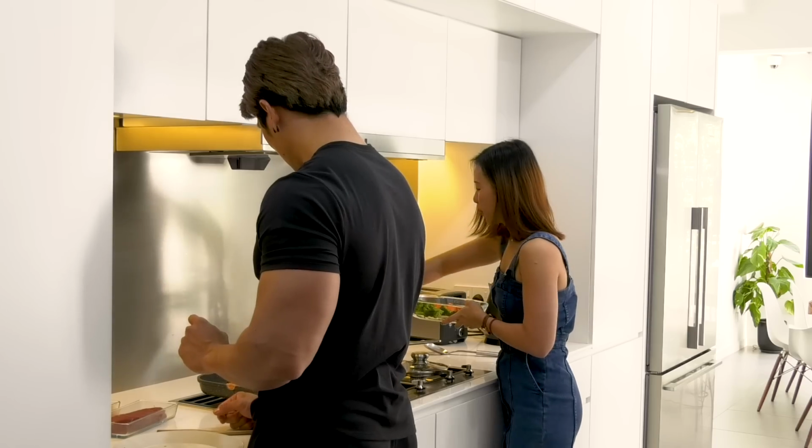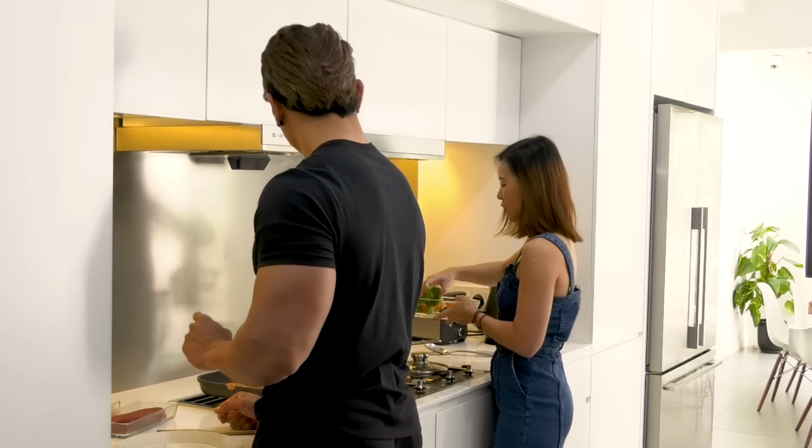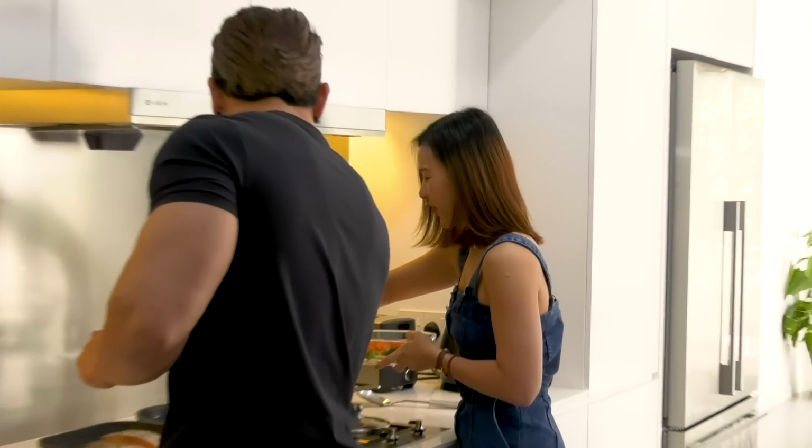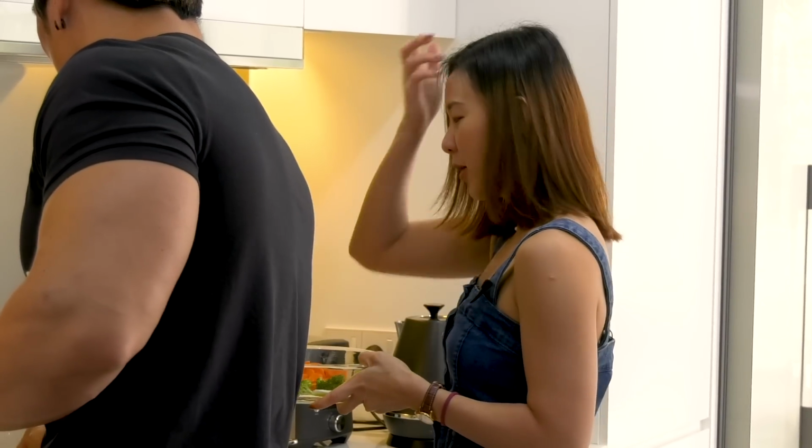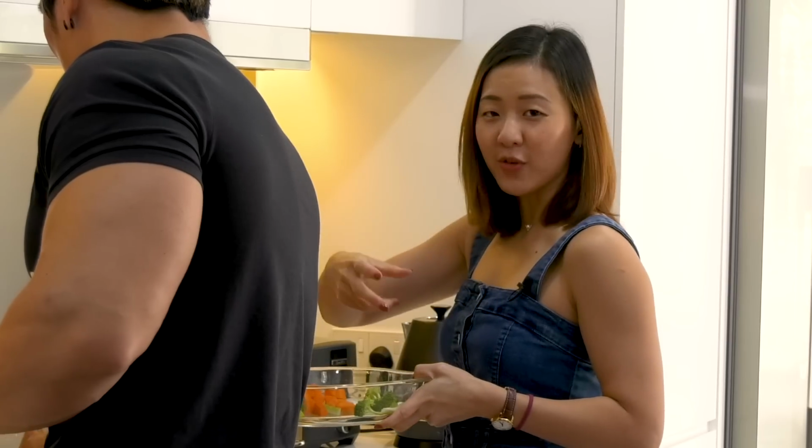So I'm going to boil my broccoli really quickly, just for maybe five minutes or so, because I like it quite hard. And especially when you meal prep, you don't want it to go soft because you're going to keep